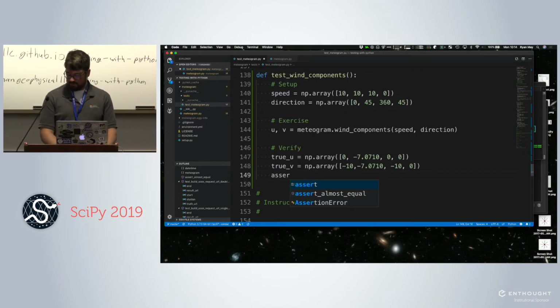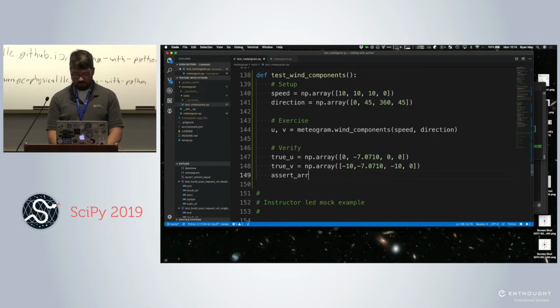And now we need to do an assert. Again, NumPy comes to the rescue with some helpers from their numpy.testing module. So we're going to use assert array almost equal. Does exactly what it says. We're going to assert that these two arrays are the same to within a specified floating point precision.